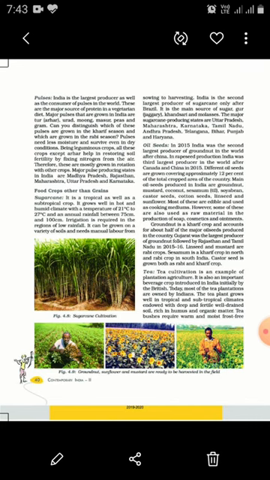It requires cheap and skilled labor for the processing, for taking care, and for its cultivation. So it requires a lot of labor, and mostly in our country we find migrant labor working in the tea gardens. India is one of the largest producers and consumers of tea in the world. Next one is coffee.